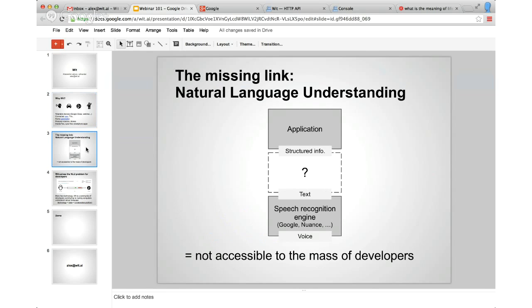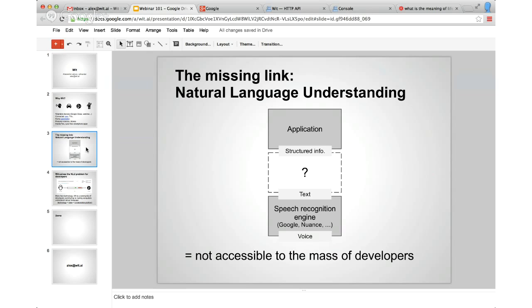So the problem with voice is, recently very impressive progress has been made in speech recognition. For instance, companies like Google or Nuance have made very, very efficient speech engines, and they can take voice and get you some text out of this voice. But then your app or your device can't work with text.